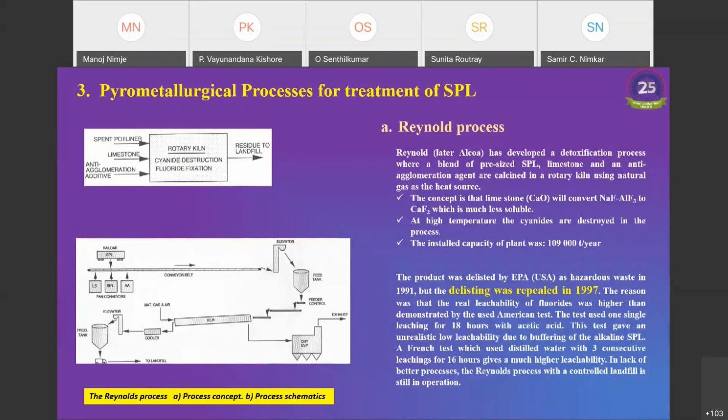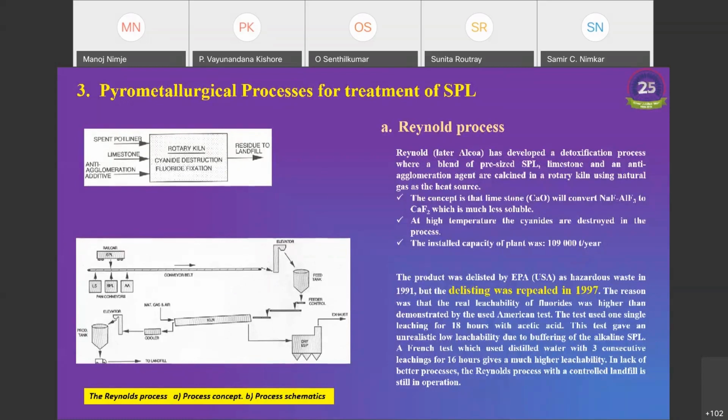Reynolds installed a pilot plant with an installed capacity of 1,09,000 tons per year and processed the SPL. The product of the process was delisted by the EPA, that is the Environmental Protection Agency USA, as a hazardous waste in 1991. But the delisting was repealed in 1997 and it is listed as hazardous waste. The reason was